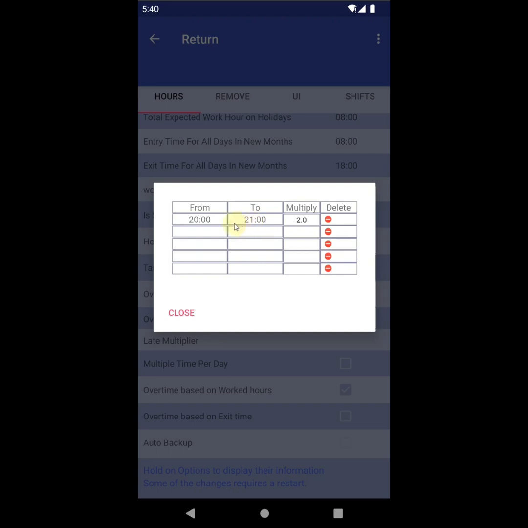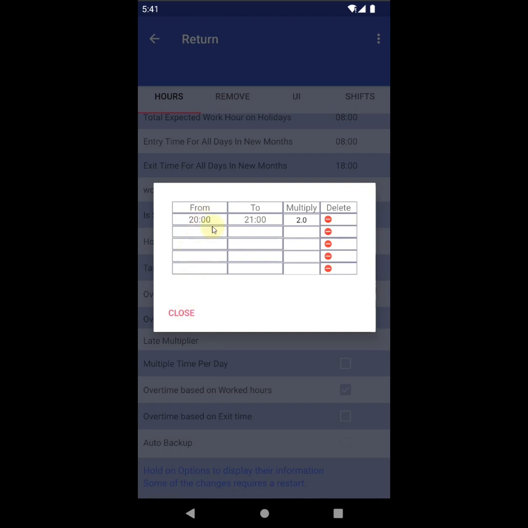For example, you have to have your workplace exit time stick before this. I mean, if your multiplier is from 20, you must have your exit time